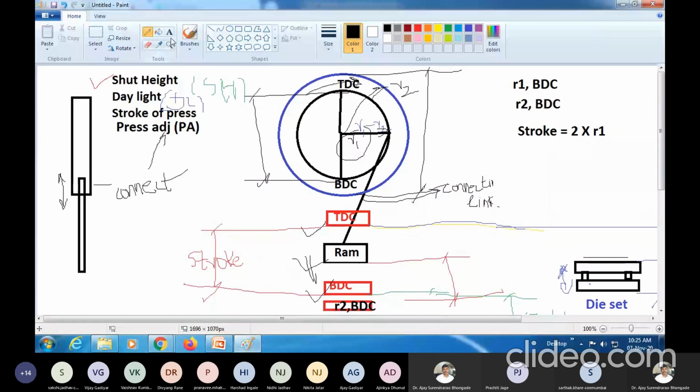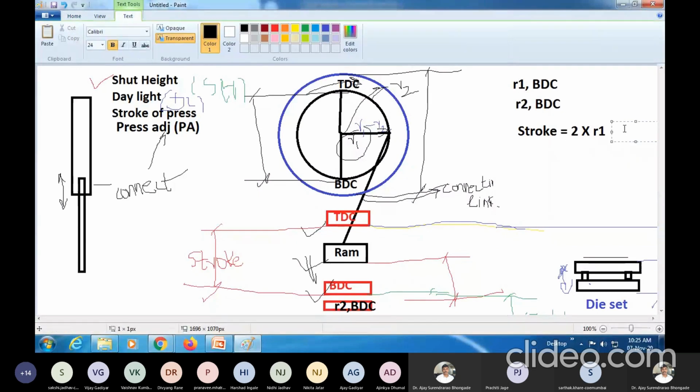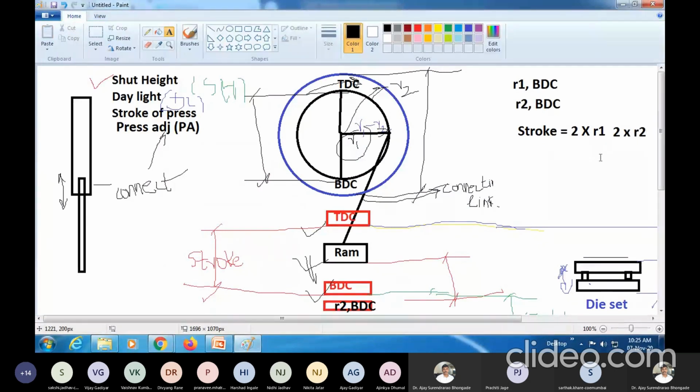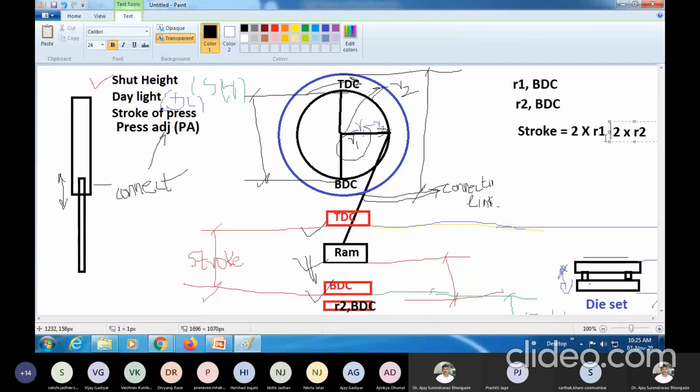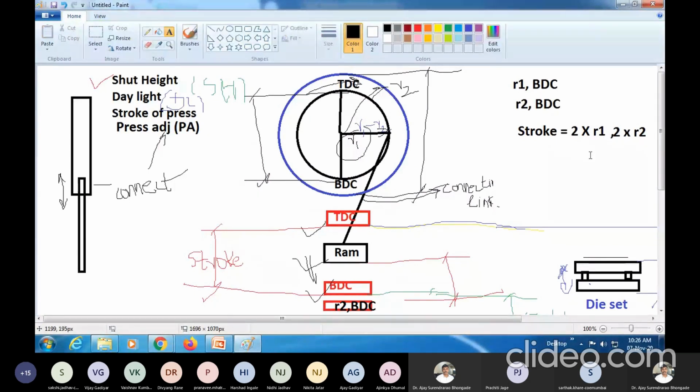So the stroke will be either 2 times R1 or 2 times R2, depending on the length of the crank radius you have adjusted.